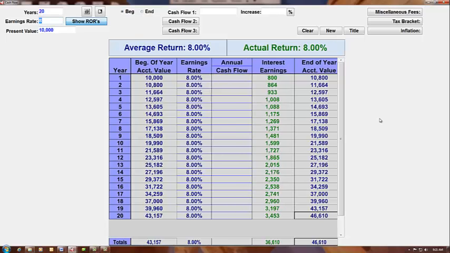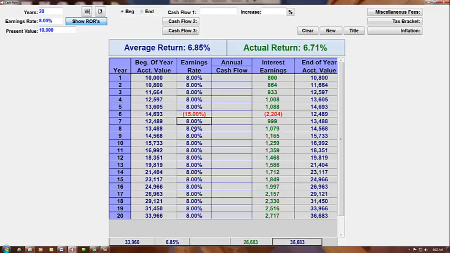This next calculator shows us an 8% rate of return as if it were representing an investment in the market, and these dollars were allocated into the market. We're going to add 3 crashes. Remember earlier I mentioned there had been 4 over the last 20 years. And we're going to show the crashes at 15%. And it actually doesn't matter where we show the crashes. We can show them in any given year, and the net result will be exactly the same. So I'm just going to put these in here randomly.